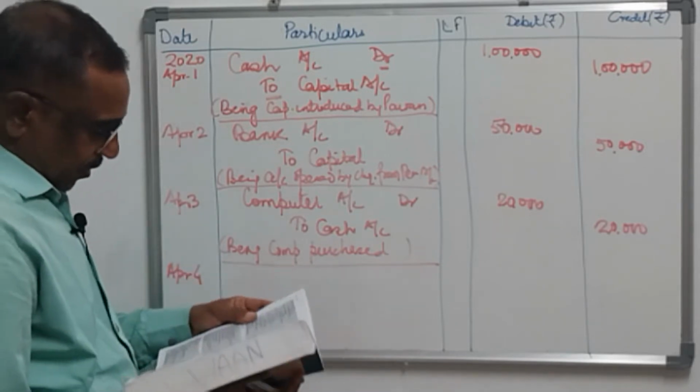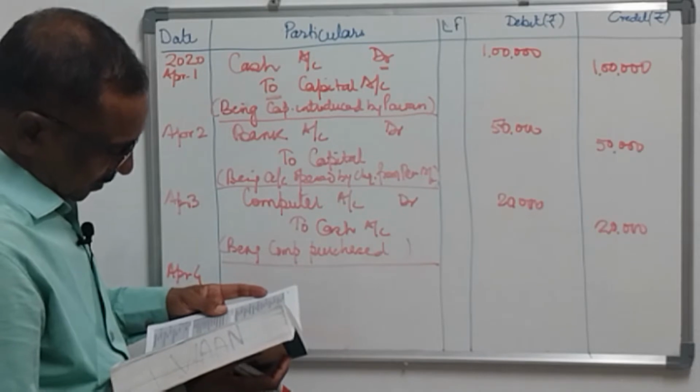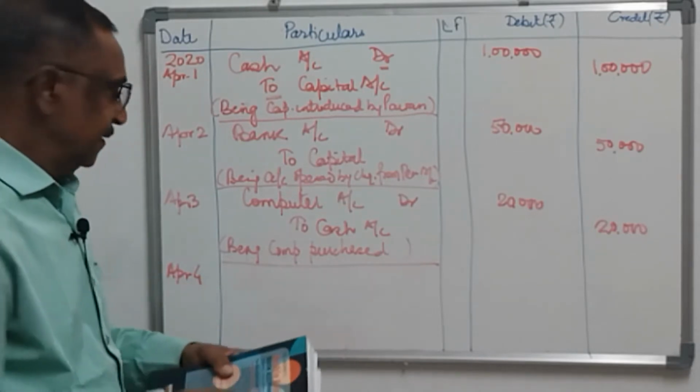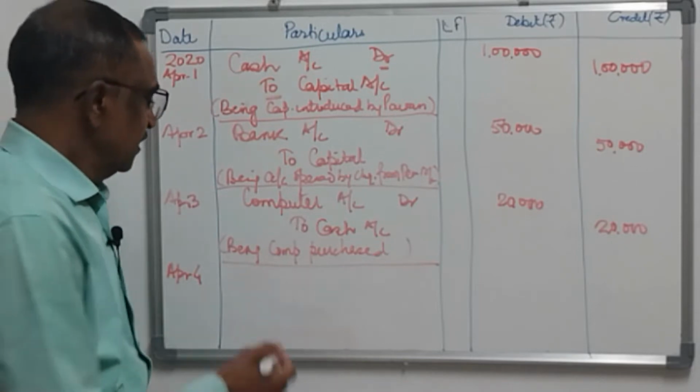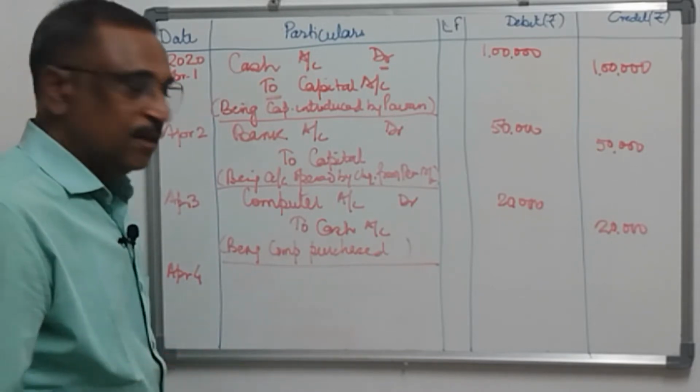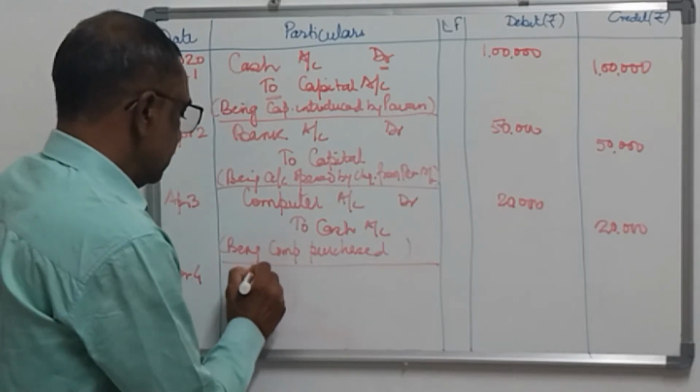Paid for repairs of office. Amount is 2,500. Repairs is an expense. So as per nominal account, debit all expenses. So repairs